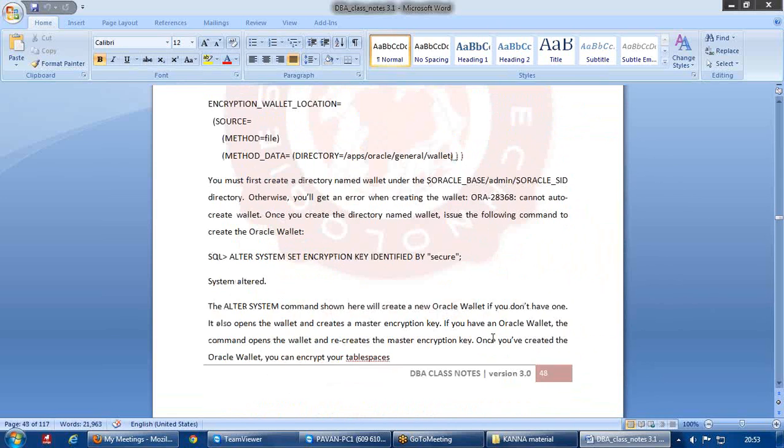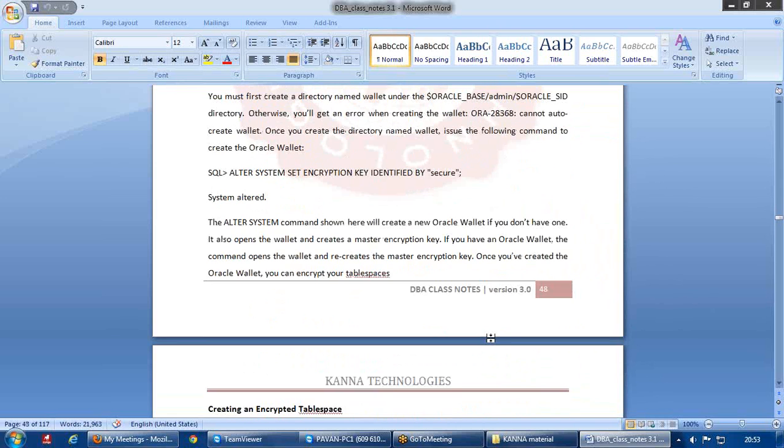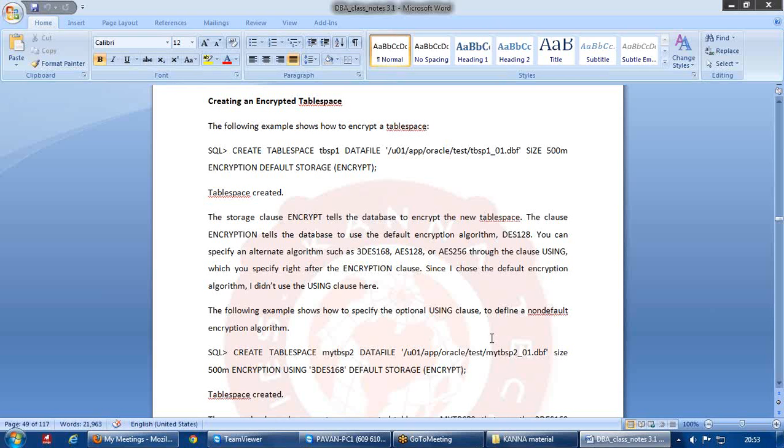Encryption means you people already know that. What will encryption do? Encryption basically is going to change the data into a non-human readable format. This concept is there from 11g onwards, that you can make an entire tablespace encrypted.